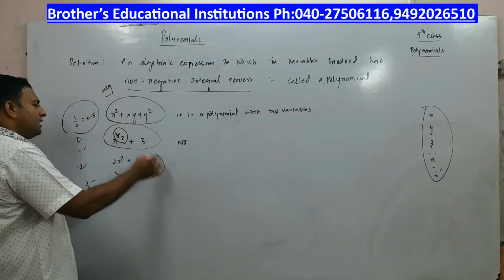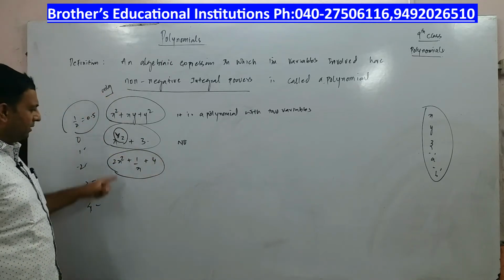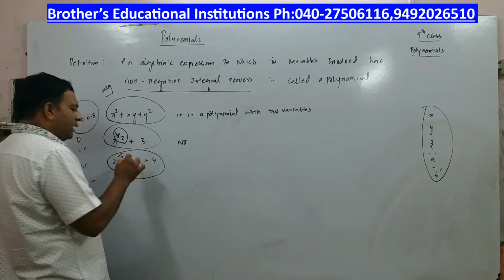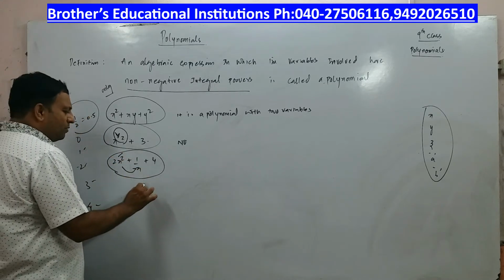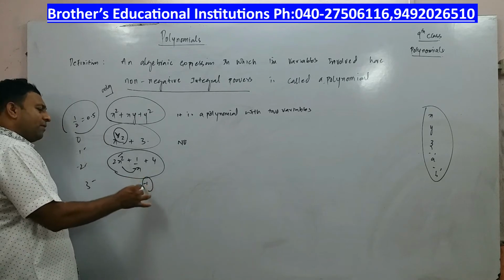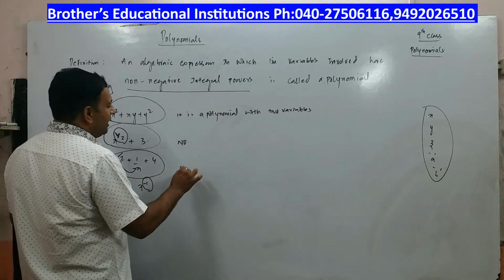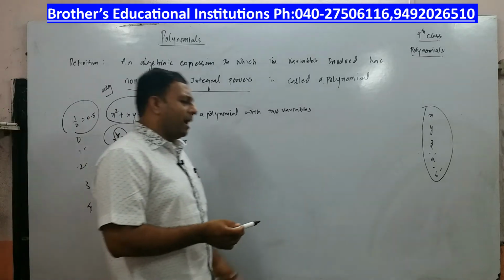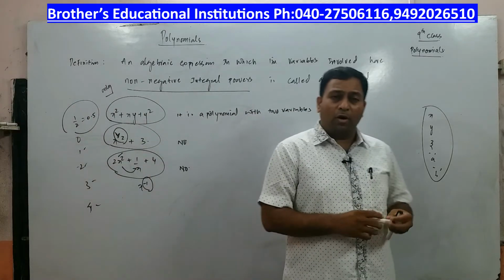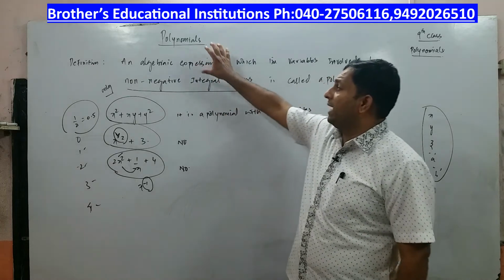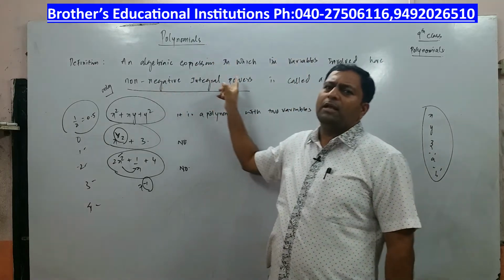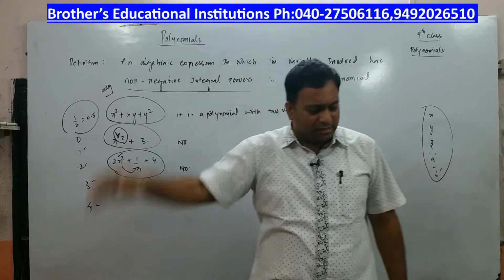So in this case, is this a polynomial? Definitely x is a variable. Here you have no objection, but the term involved in it contains 1 by x. 1 by x is nothing but what? X power minus 1. Because the power is minus 1, again, this is not a polynomial. So children, I am sure you understood what a polynomial is. A polynomial is an algebraic expression in which the powers of x are non-negative integral numbers. So that is a simple definition.